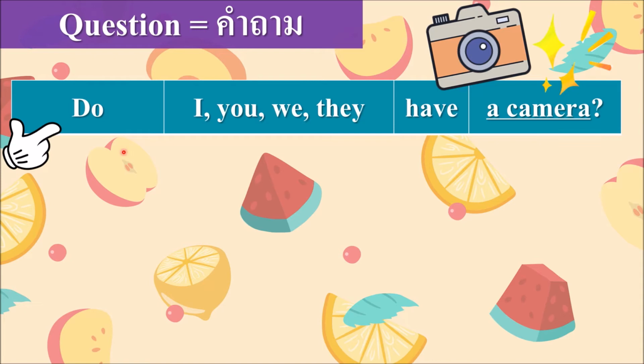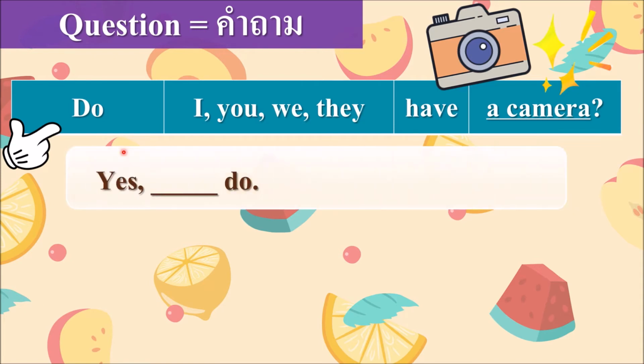If the answer is yes, we say yes. And in the blank, we match the pronoun to be the same. For example, do we have a camera? Yes, we do. Next, if the answer is no, we match the pronoun to be the same. No, we don't. Don't is a contraction from do not. Next,